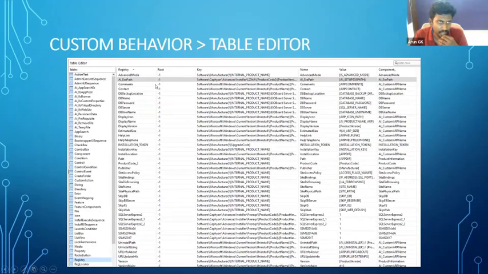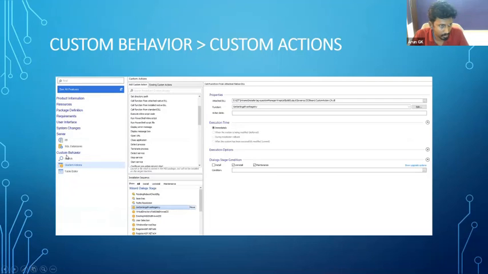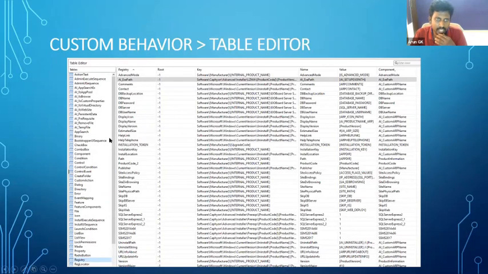Next one is under the custom behavior. The custom behavior we have sets, then custom actions, then the last one is table editor. This is the table editor, which keeps track of all the advanced installer project file details. Here you can see all the checkboxes you used in the dialog of the advanced installer. Everything you can get from this table editor. And for example, I have pointed out the registry.